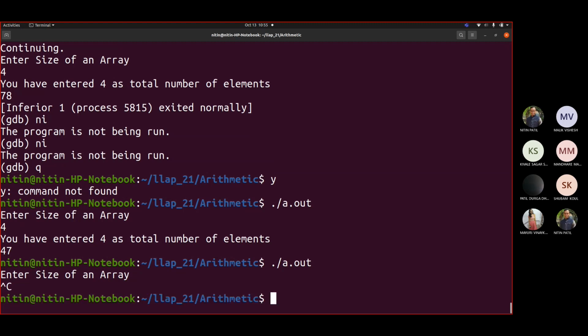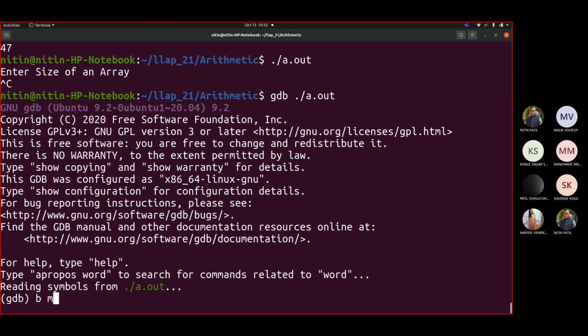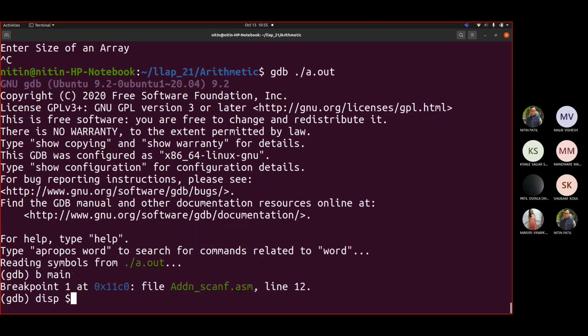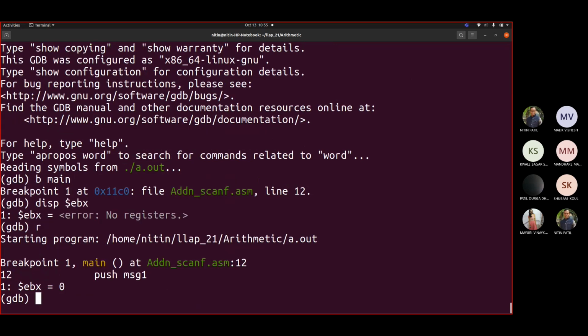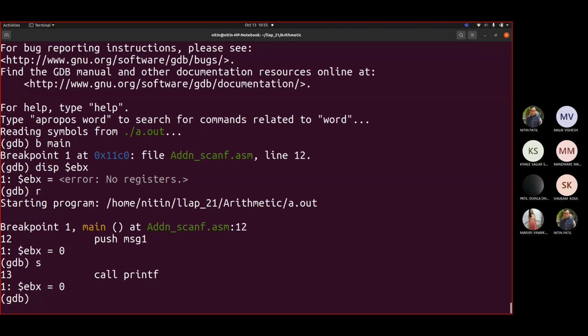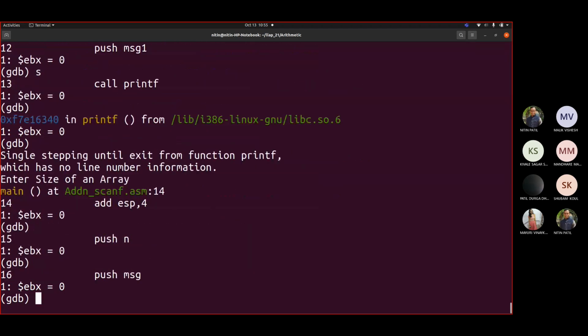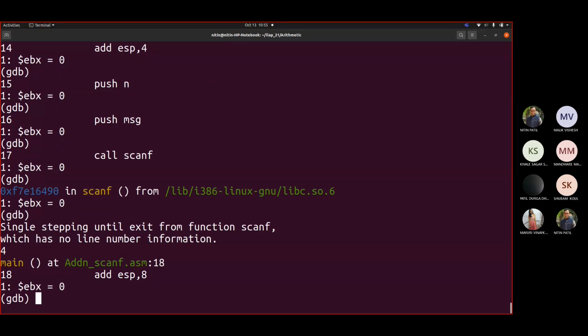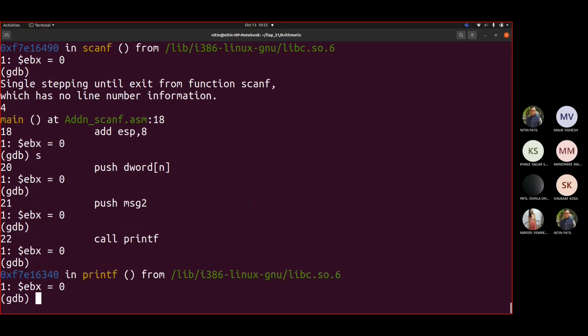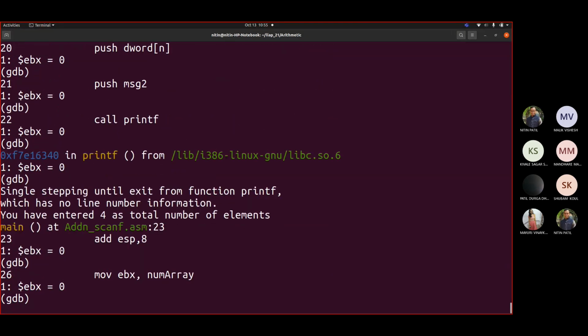So sorry, let us go to GDB dot slash a dot out. So breakpoint main. Now we want to display EBX only. So let us say run, step. We are reading the first value. So it is asking me, I give 4. It is printing it, so it displayed 4.